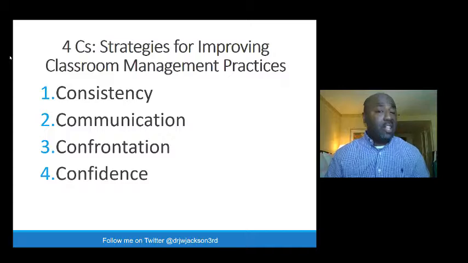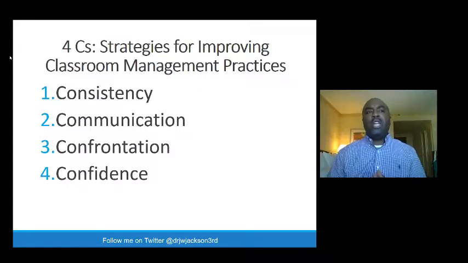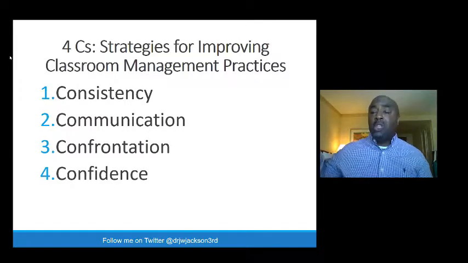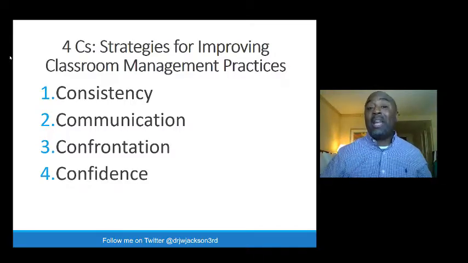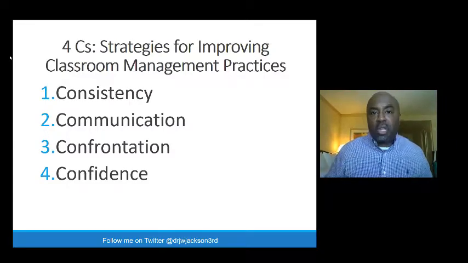Number 1, so now then you need to be consistent. Being consistent. What we find is that so many teachers struggle because they cannot enforce their own rules. You can't enforce your own expectation. So what we'll see, a school has great rules in place, but we find that 70% of the school is doing it and 30% is not. And what that does, that inconsistency creates havoc around the building, because you'll have to use your class time to get a kid back settled down or to get a kid back acclimated to the school rules, because the class they just left are not enforcing them. There's no rules in there.